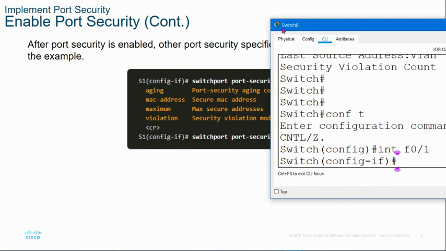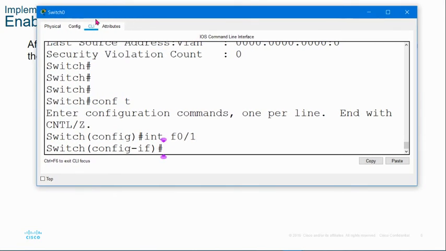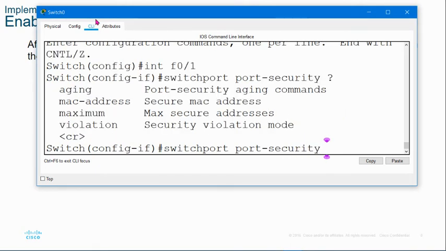Let us check what options are available. Switchport port-security, and if you type the question mark, that is context sensitive help. The question mark provides you the help in port security. What are the options available? The options are aging option, MAC address option, maximum option, violation option.